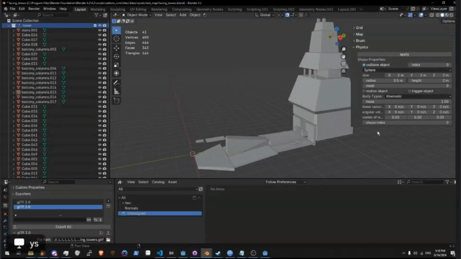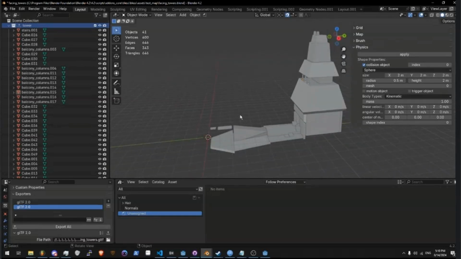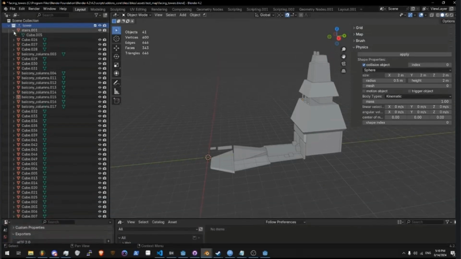The GLTF extension for physics and collisions. We've managed to implement it in a way that makes it very instant to add collisions. So these are just meshes. They don't have any properties or anything like that. But